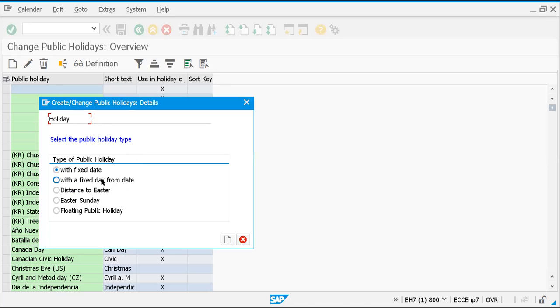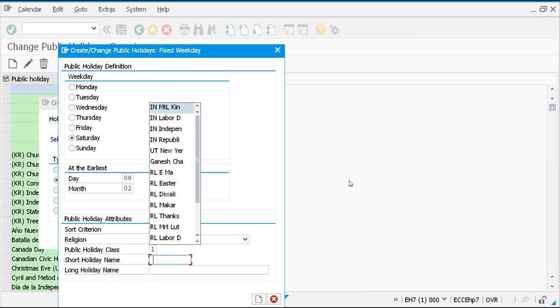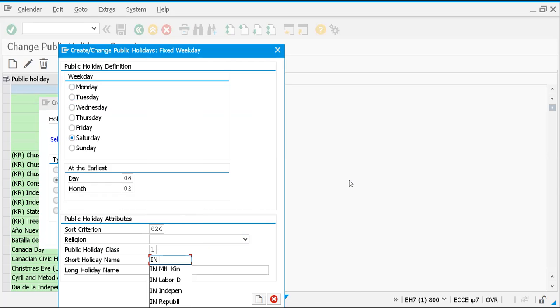I'll select with a fixed day from date. I'll click on Saturday, and I will maintain 08. Month is February, 02. And I'll use sort criterion 826, and maintain public holiday class 1, and say second Saturday IN,